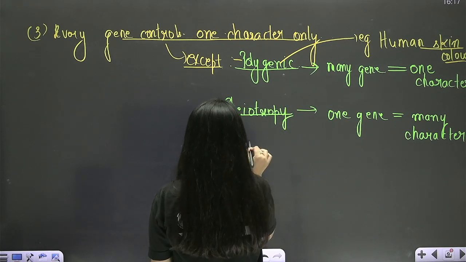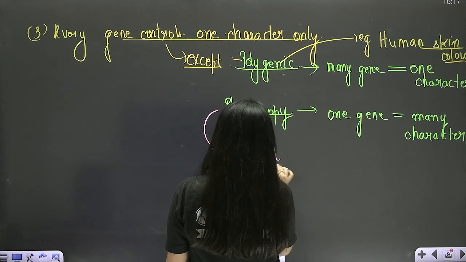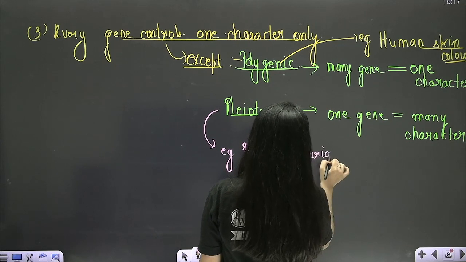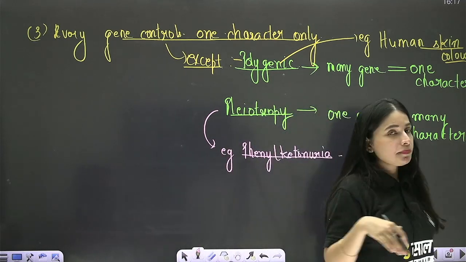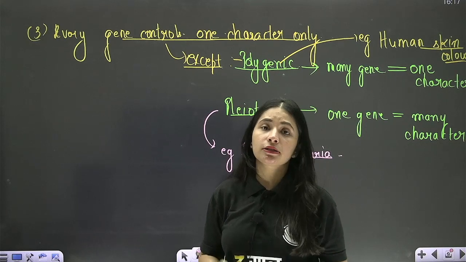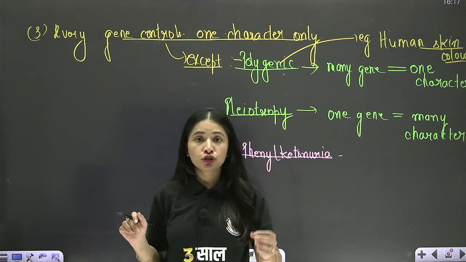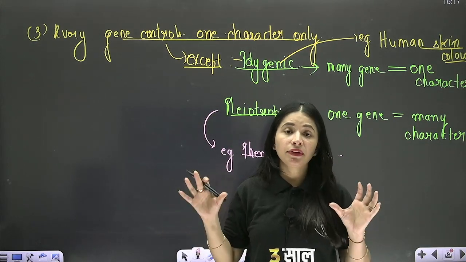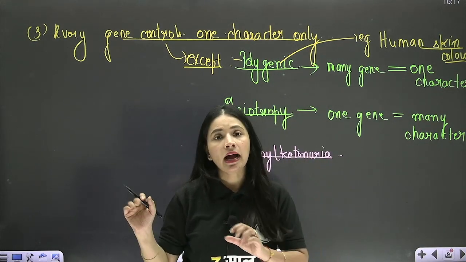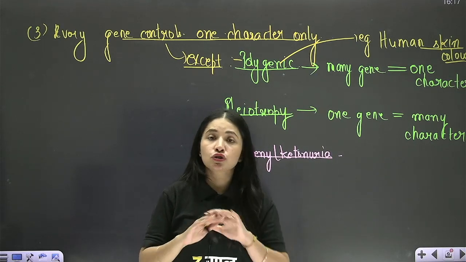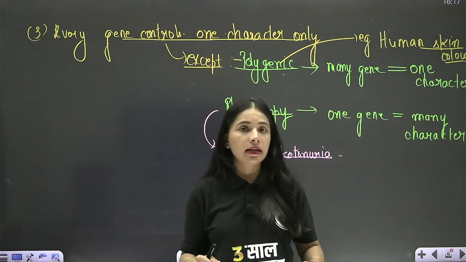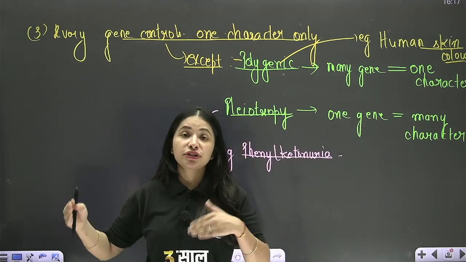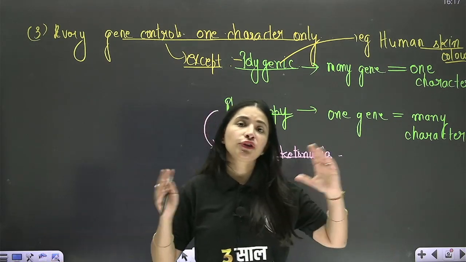For example, there is one well-known autosomal recessive disorder by the name phenylketonuria. Basically, this disease occurs when a specific gene present in the liver stops working. When that gene stops working, production of a specific enzyme called phenylalanine hydroxylase stops. Since our liver cells do not have the enzyme phenylalanine hydroxylase, the conversion of phenylalanine